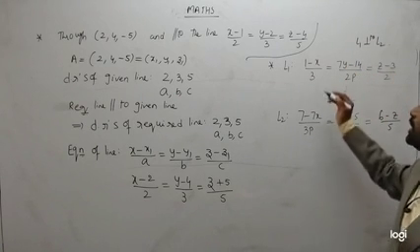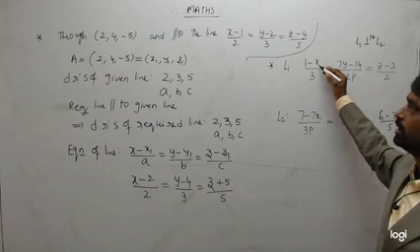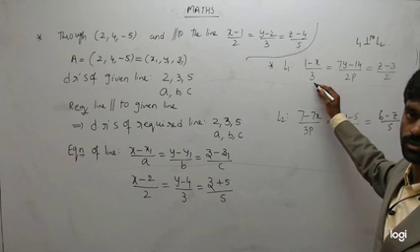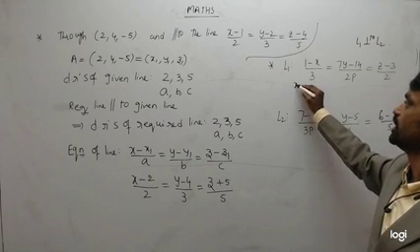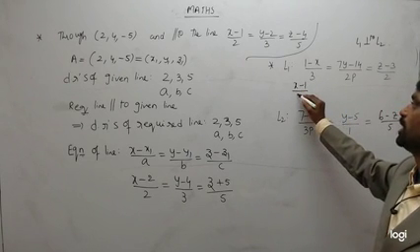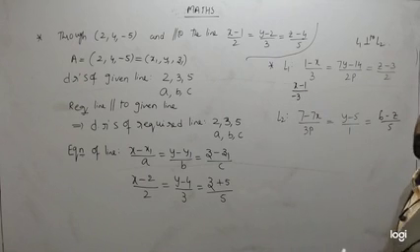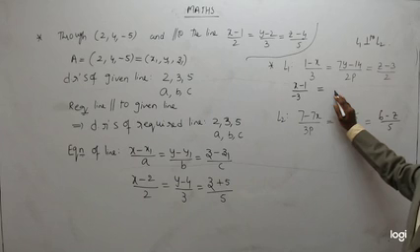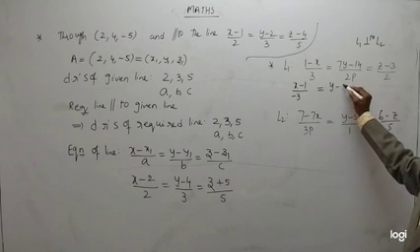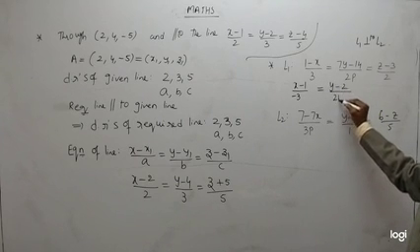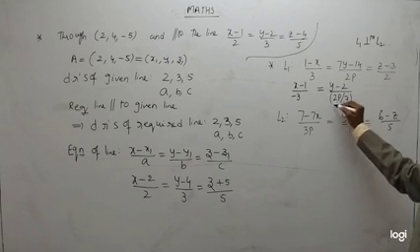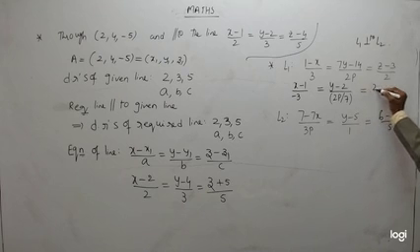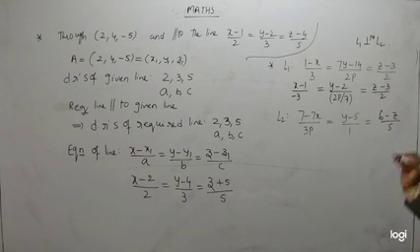Okay, so to make it 1, we have to divide the numerator by minus 1. Similarly, we have to divide the denominator also by minus 1. So if you divide by minus 1, what will you get? (x minus 1) divided by 3 by minus 1, which is minus 3. Next, here to make the y coefficient 1, we have to divide by 7. If you divide by 7, what will you get? y minus 2. Here also we have to divide by 7, so 2p by 7. Dividing numerator and denominator by 7. Here, not required, because it is already in standard form.